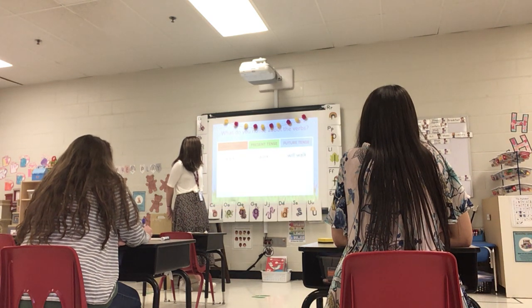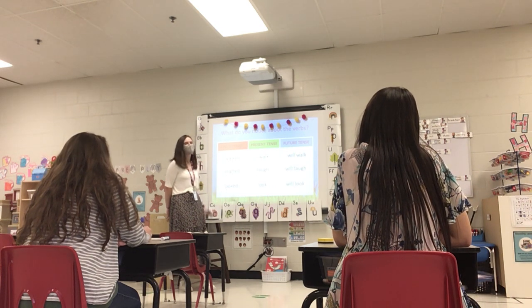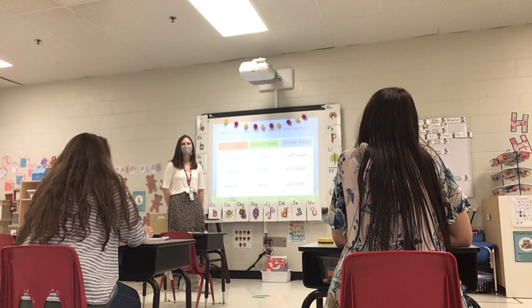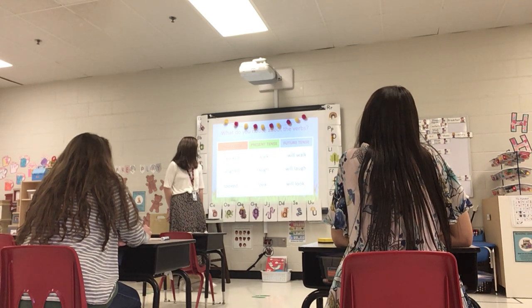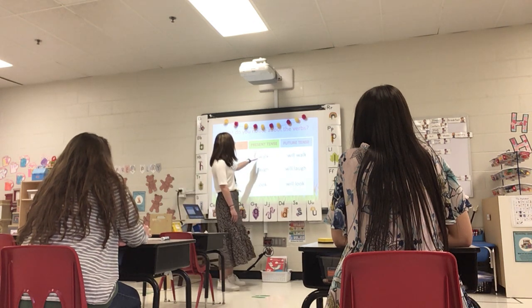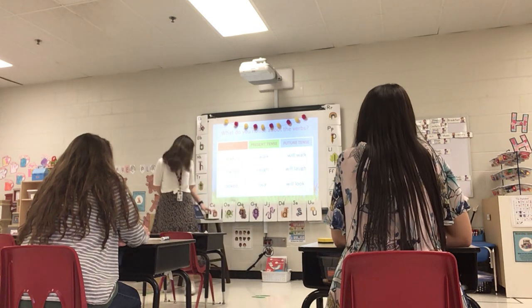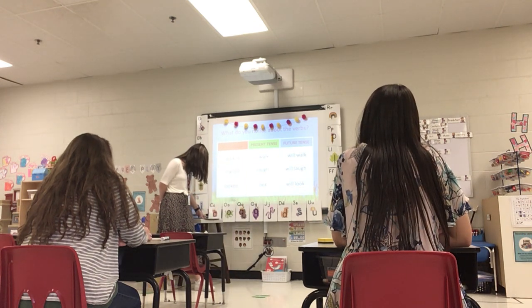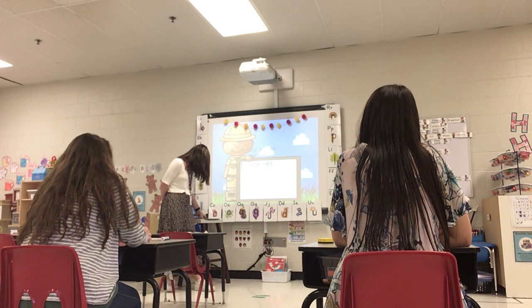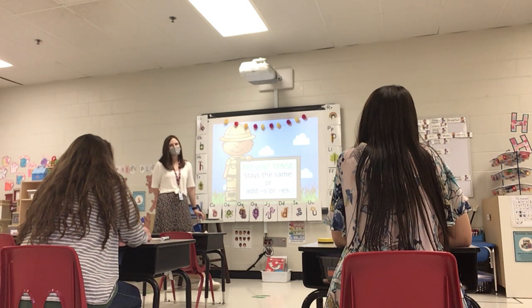All right, look at these verbs. Tell me what you notice. What do all of the past tense verbs have in common? They all end with ed. And what about the verbs in the future tense? They all have the word will in it, but they still look like the present tense verbs. They just added will to the beginning. So if you want to say something in the future, we add will. If we're using the present tense, the verb will stay the same, but we might add s or es. Sometimes, not always.